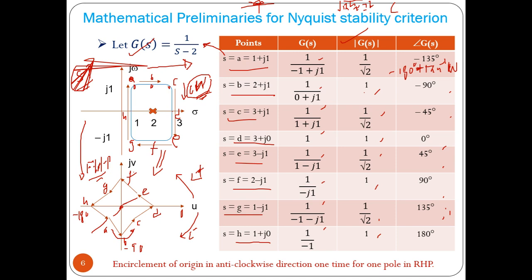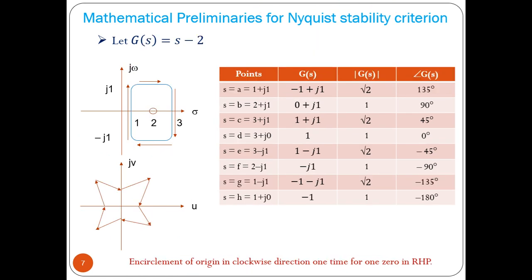So the point here is that the encirclement of the origin is in the anti-clockwise direction one time for one pole in the right half plane. One pole in the right half plane, that is the conclusion. Now if we take a 0 in the right half plane of the S plane, similarly we can enclose that